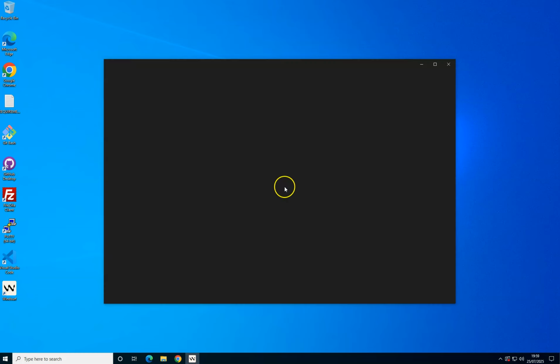It will ask us to log in an account in order for us to be able to use it. That's the first thing it's going to ask us. So if it's asking if we want to import from Visual Studio Code, we don't want that. We want a fresh start,